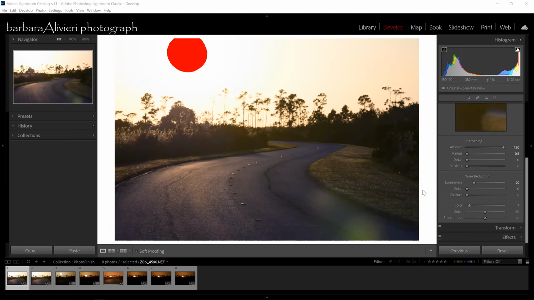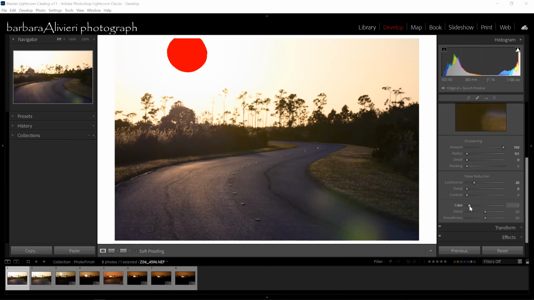Oh, someone chatted. Are you in Lightroom or Photoshop? I am in Lightroom right now, Zaida. I don't generally use the camera raw in Photoshop. Zaida asked if I was in Lightroom or Photoshop. So this is Lightroom. But you can do the same thing in Photoshop's camera raw. If you don't use Lightroom, you only use Photoshop and you open an image directly from your files, it'll go into camera raw, which has basically the same tools that you do have in Lightroom. It's just a slightly different interface and how you use it, but the same tools are there.